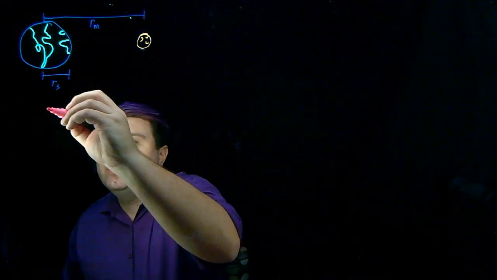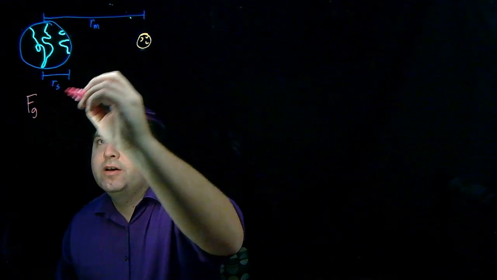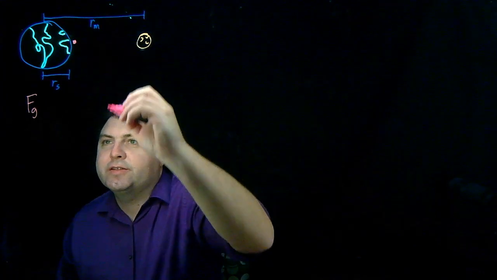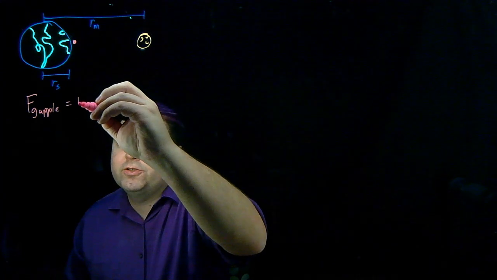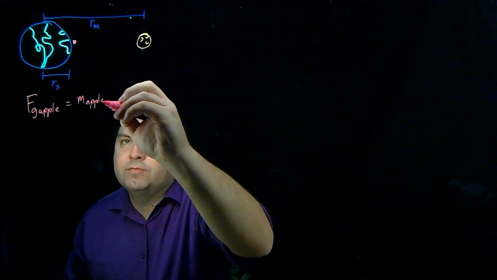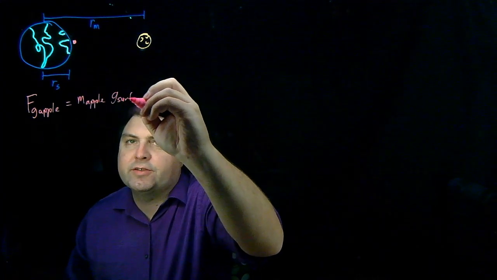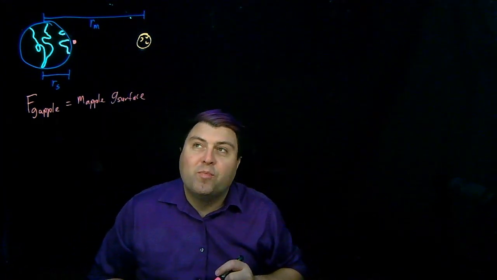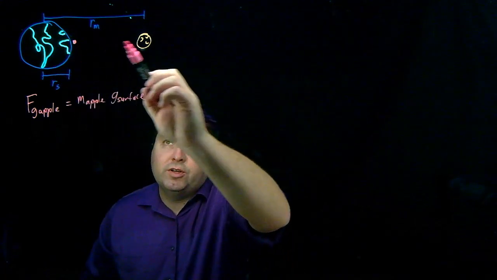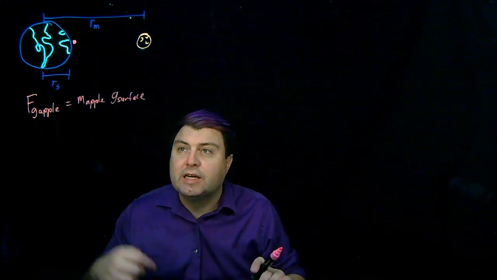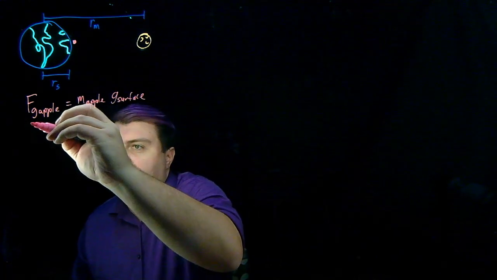So let's go through Newton as he was deriving his universal gravitation. From what everyone knew, Newton knew that the force of gravity on, say, this little apple at the surface would be proportional to the mass of the apple times the gravity at the surface. But they didn't know if the gravity at the surface, the acceleration at the surface, was going to extend all the way out. But what this means is that the force of the moon